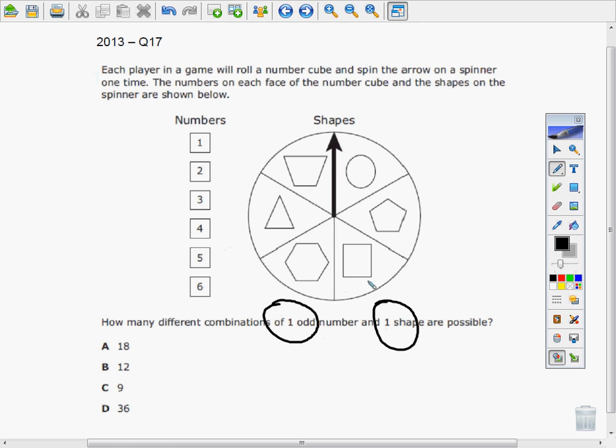So let's look at our shapes. How many shapes do we have? We have 6 shapes. And when we consider the odd numbers, this is an odd number, this is an odd number, this is an odd number. So we have 3 odd numbers, and on the spinner we have 6 different shapes. We have to consider these 2 events as a compound event. So 3 times 6 will give us